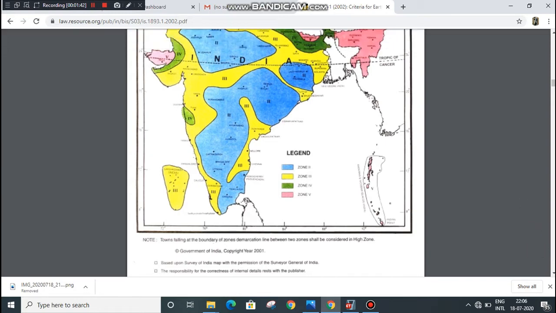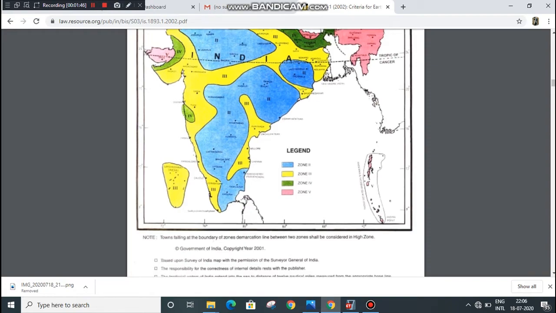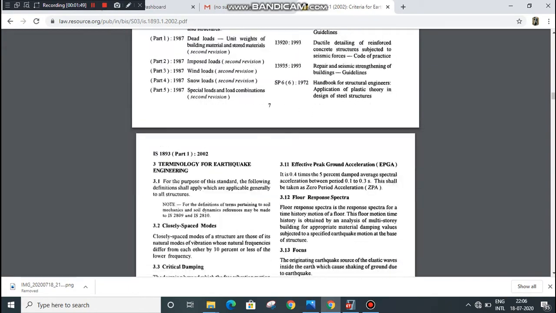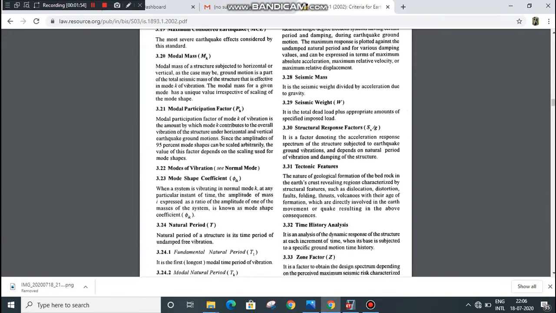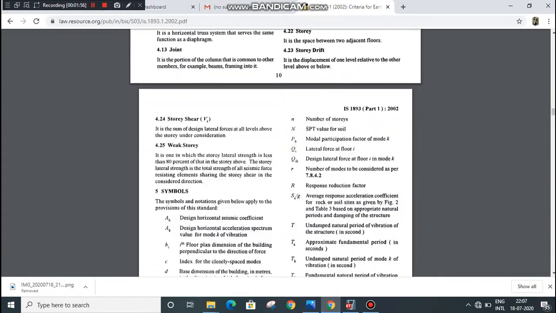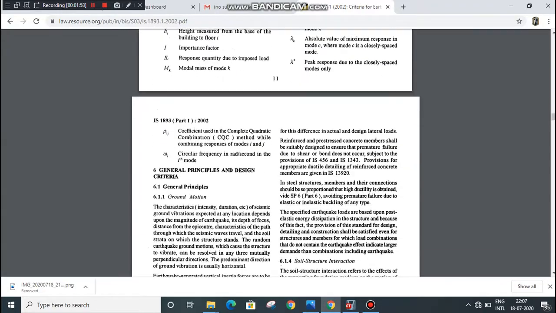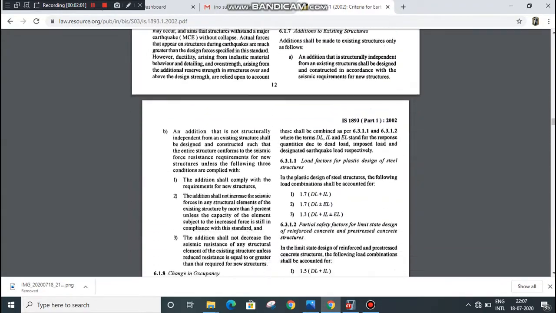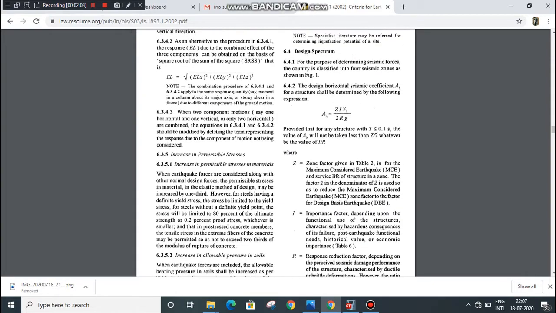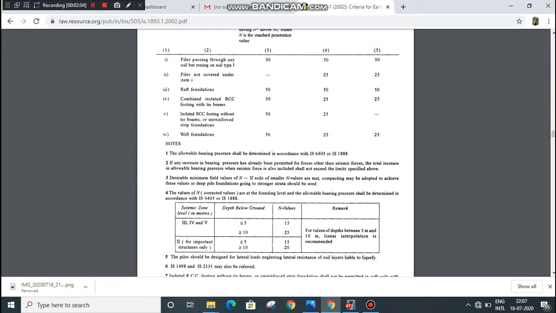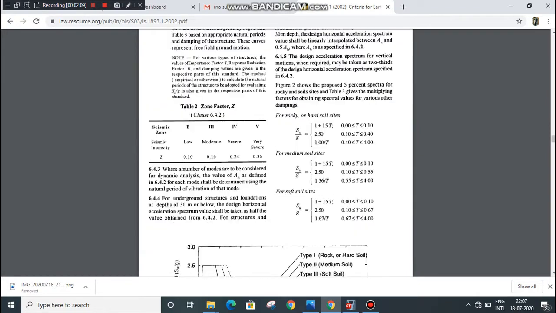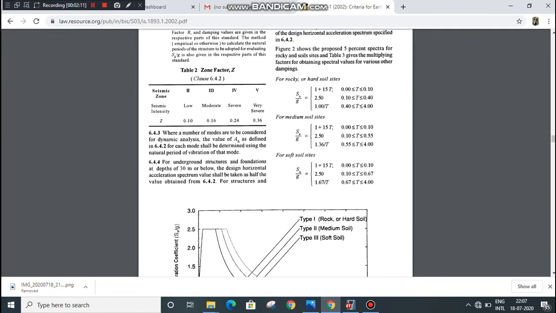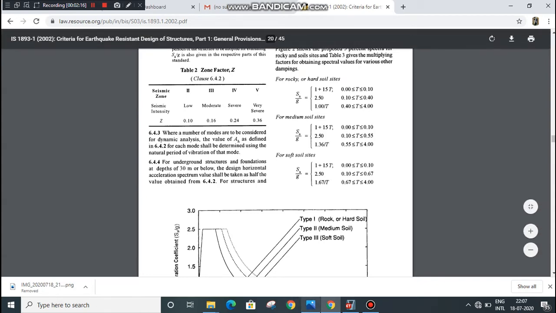Now for seismic zone factor, refer table number 2 of IS 1893-2002. This is table number 2. For seismic zone 2, seismic zone factor is 0.1.